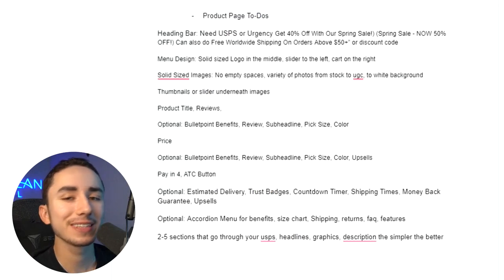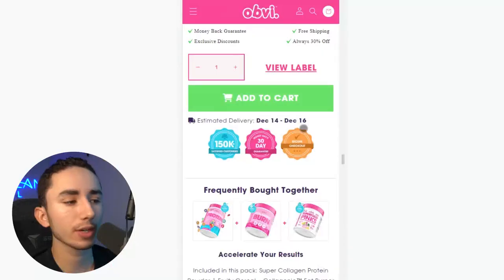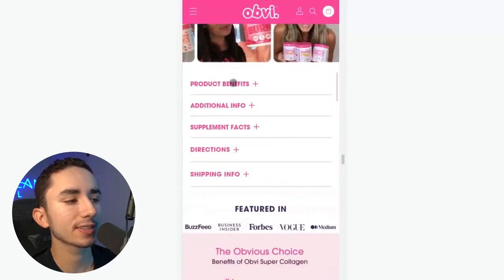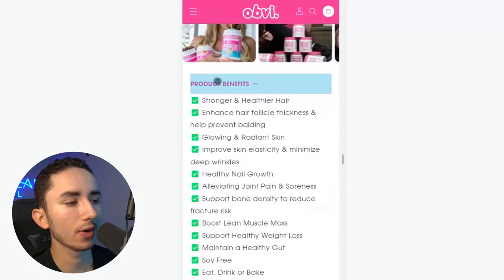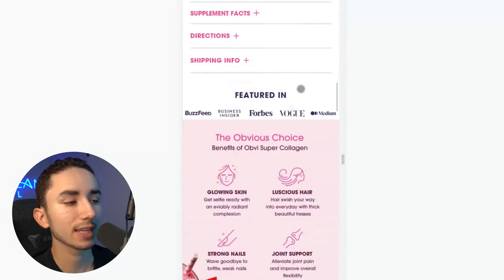Now, after all those different things you can play with, the next thing is the accordion menu. Now, this again is optional. Most brands do not have this, but some do. And the accordion menu is basically, if we go to Obvi right here, you can see they're doing their upsell, but then you've got this accordion. So you click it open to get all of the major benefits. And if you're not interested and you just want to keep on scrolling down, that's when they get into their